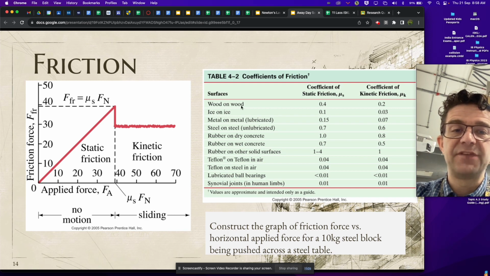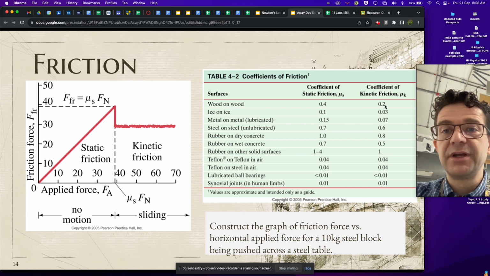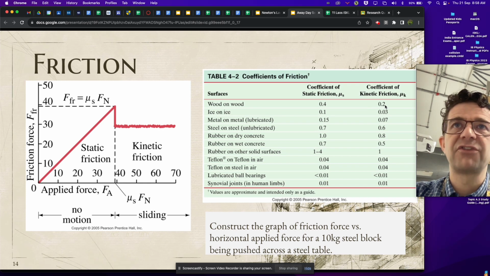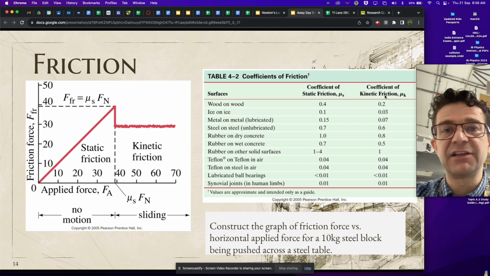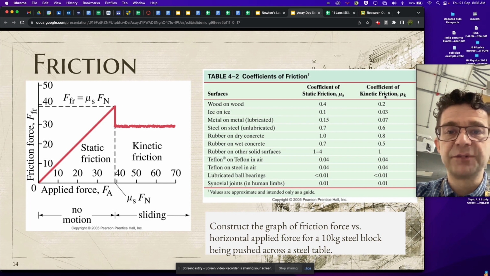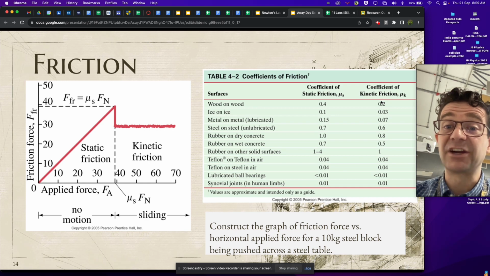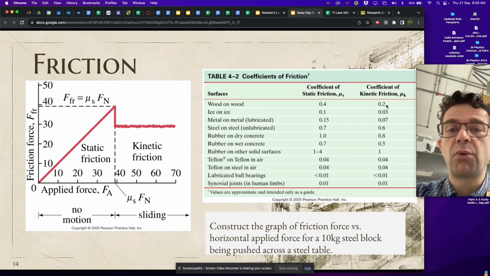So for example, if you have a wood-on-wood contact and those are sliding against each other, the coefficient of kinetic friction is 0.2, which tells us that the force of dynamic friction will be 0.2 times whatever the normal force is. If the normal force, for example, with our man standing in the elevator is 700 newtons, then the force of kinetic friction, if he were sliding across the floor, would be equal to 0.2 times 700 newtons, or 140